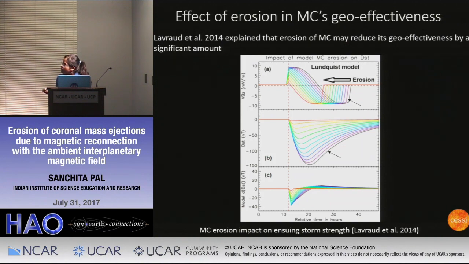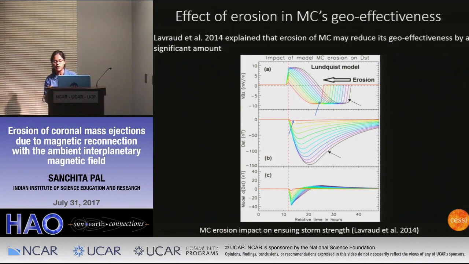You can see that for this the DST index was maximum. The maximum intensity was around minus 147. When it is eroded maximally, this red line is representing the electric field of the eroded magnetic cloud, and for that you can see the DST index is very small, and the change of DST index is also very small. So they performed this analysis and found that